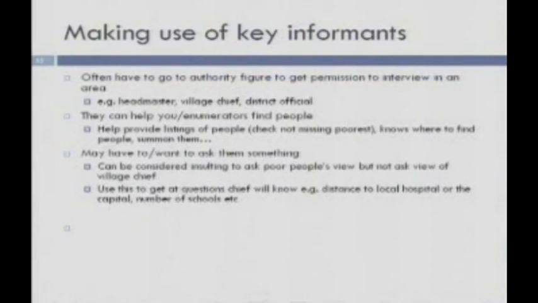That's a time-consuming process, but first, if you don't do it, you're going to wind up with more problems later on because the headmaster is going to say, I can't do this without a letter from the district education officer, even though you've got a letter from the national government. But second, you can actually make use of these people as key informants. When you're visiting them, in some cases they can help you find the people you're looking for. That might not be so relevant for schools, but it might be if you've got a list of households and you're trying to find them. The assistant chief in the area might be able to take you around to find them. In fact, they might even be able to get them to come to their office so you can interview them there.